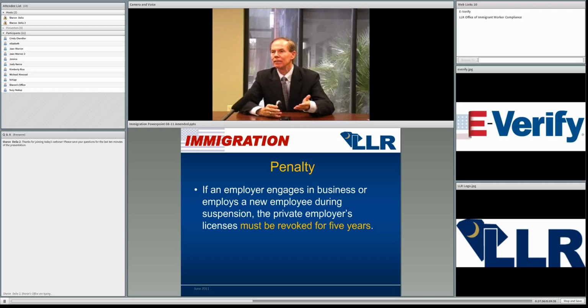South Carolina is the only state that has auditors in the field auditing employers to check to see that they're complying with the state immigration law. The North Carolina law, the Georgia law, they don't have an enforcement mechanism in place. In the Alabama law and in the Arizona law, it's left up strictly to a complaint being filed with the county attorney before an investigation. And South Carolina has auditors in the field who are actively looking at employers, and as I said,